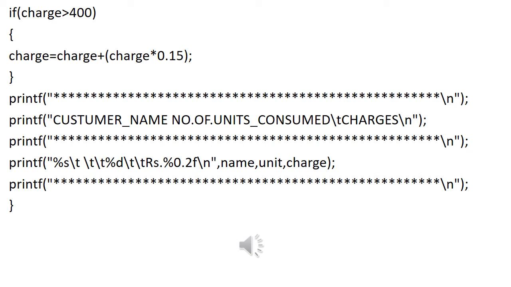So name is again a character type, which is again the string. I have defined it as a string type, so I am using %s. Then \t just to give a tab space. The next value I am going to display is the unit, which is of integer type, so I have given %d, then \t for a tab space. Then I want to display the charges, so I am making use of the format specifier. I want to show it as rupees, so I have given the rupees and %.2f, that is 2 decimal places I want to display. That's why I gave .2f, because charge is of floating point type.